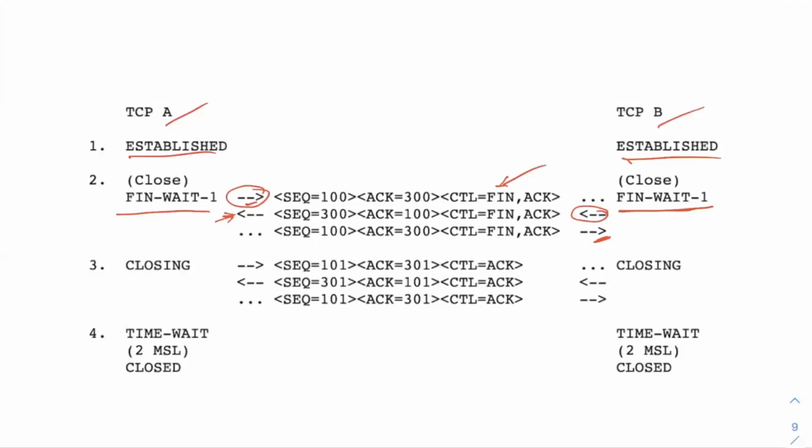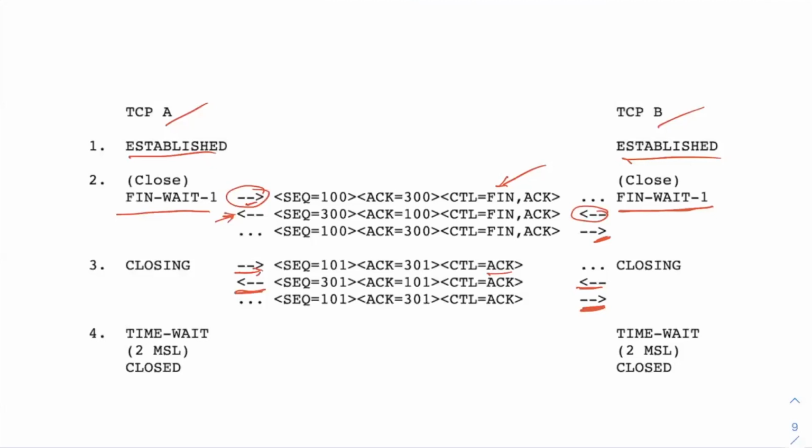Of course, let's say the client sends the acknowledgement for the FIN request from the server. So it is sending the acknowledgement for the FIN packet. Similarly, the server is also sending the acknowledgement for the FIN flag. So both are sending the acknowledgement for the respective FIN flags they have sent to each other. And you can see the server has received the ACK from the client, and the client has received the ACK from the server.